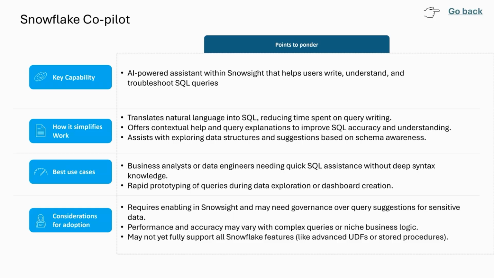Absolutely, at least from my experience. Ever since Copilot was introduced, I have seen a lot of clients, especially the data engineers, who absolutely love this. They extensively use this because they don't have to spend time writing SQL from scratch. They can save a lot of effort and time by leveraging Copilot, and then use that saved time and bandwidth on more critical tasks. That is what I've seen.